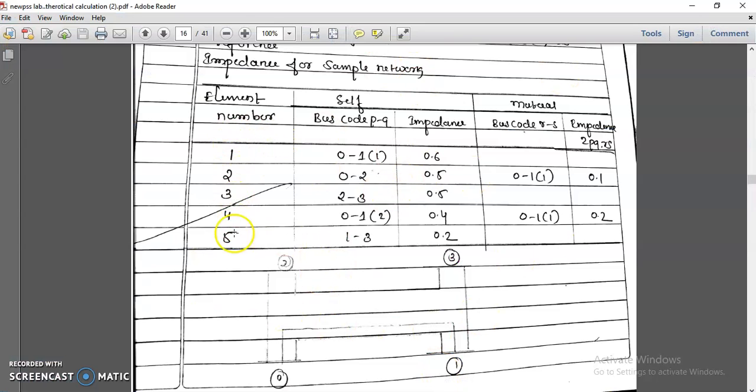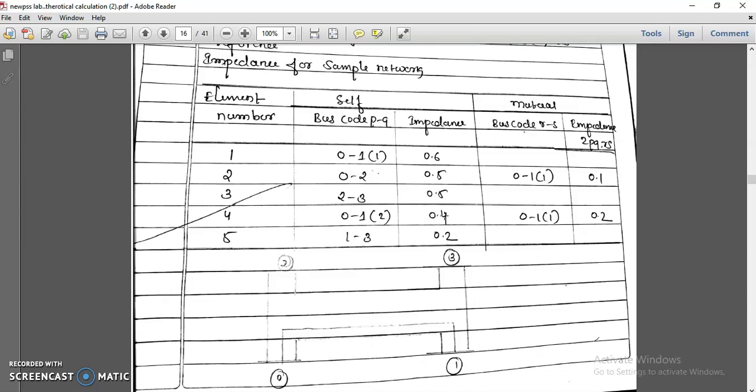Here 5 elements they have given, and the connections they have given: 0 to 1, 0 to 2, 2 to 3 and so on. And for the second and fourth there is a mutual impedance. All values they have given in impedance, the total impedance values. This will be a 5 cross 5 matrix, you are getting the impedance. A 5 cross 5 matrix you can't invert directly, because Z value is there. If it is directly Y, then you can take it. This is impedance Z. Then you have to convert Z into Y, because to form Y bus, as per the formula, Y bus is A transpose of Y into A.